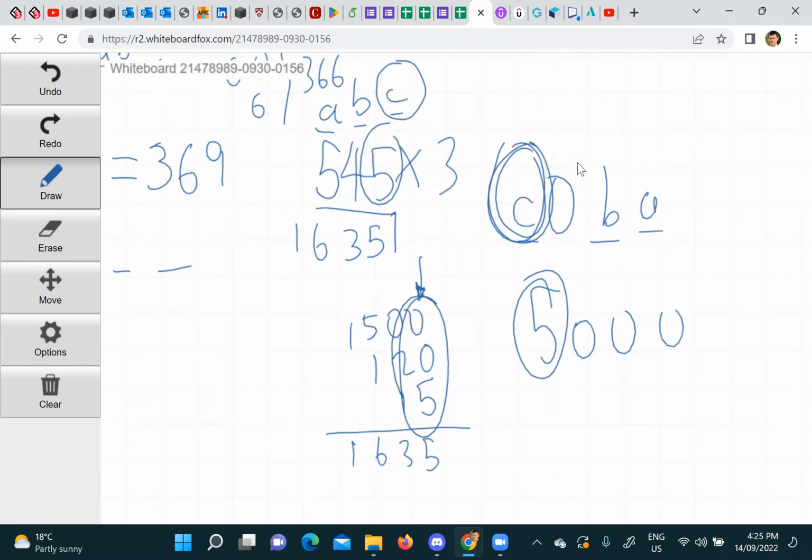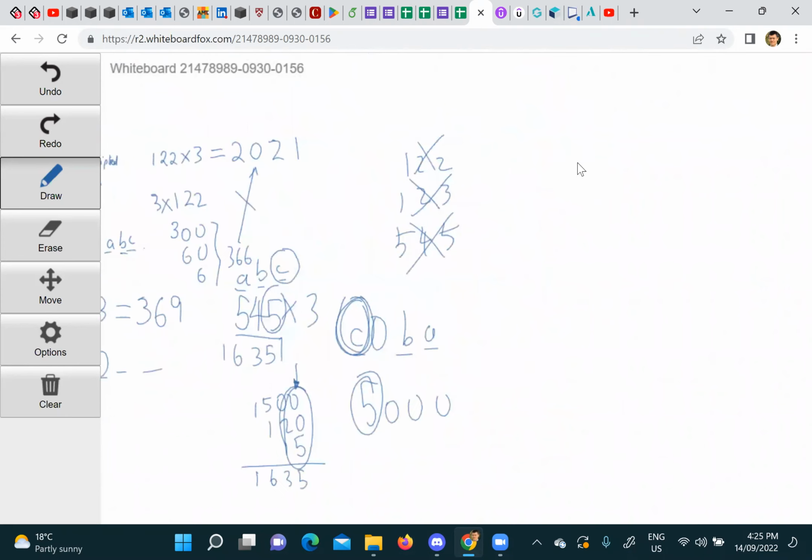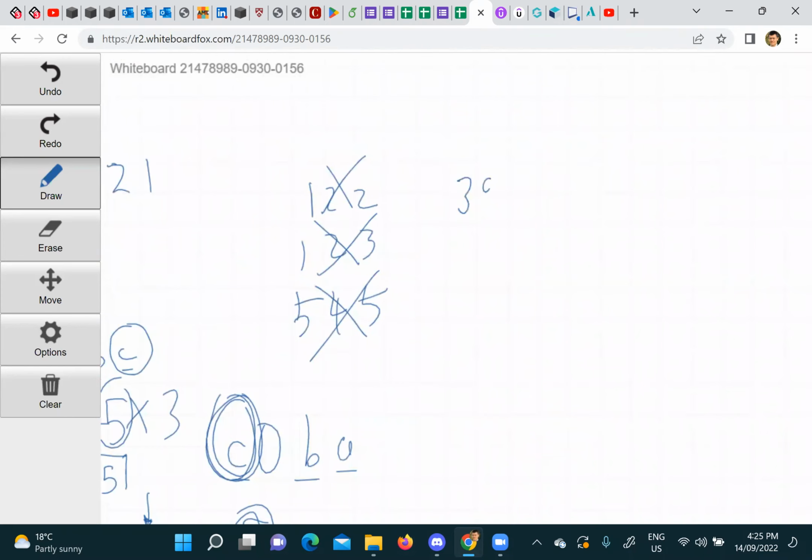The answer is not 545. It's not 122. It's not 123. Okay, so there's only really 900 possibilities. So we're kind of well on our way to solving this problem, right? It's not 399. It's not 398. And it's not 444, and it's not 333. Oh, and it's not 651. Okay, so